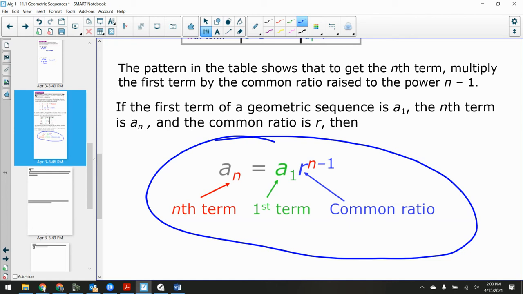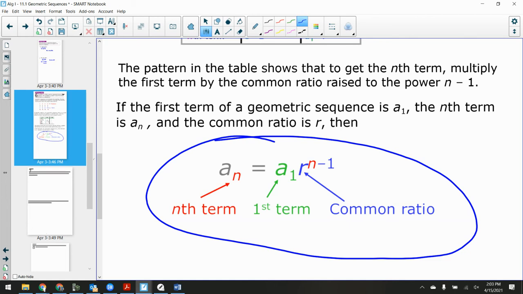A sub n, what does A sub n mean? That's the term you're looking for. N goes in for the term that you need to find. So if you're looking for the fourth term, it's A sub 4 is equal to A sub 1. What is A sub 1? The first term. And now instead of adding, what we're going to do is multiply by